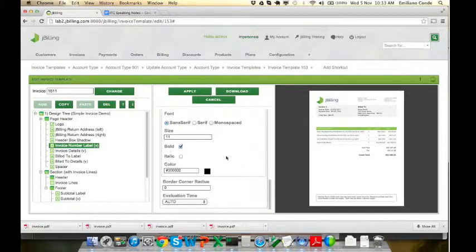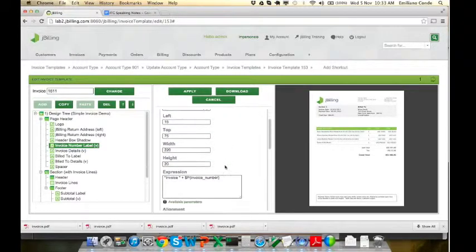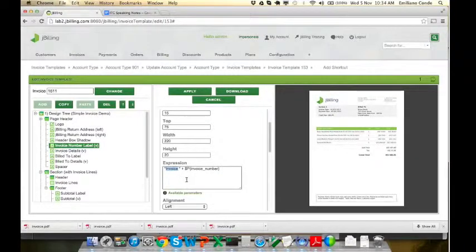And then I have, let's see, some sections here that have an expression. You see, I want to say invoice, but then I cannot just put invoice number 1 and leave it, because that would be static, and the invoice number should be dynamic. So in my template, I want to determine where it's going to go, but I don't want that to stay fixed. I need it to change with each invoice. So I have here the invoice